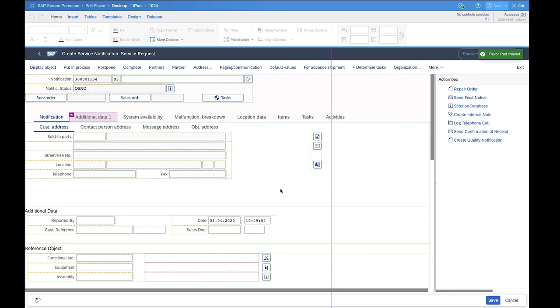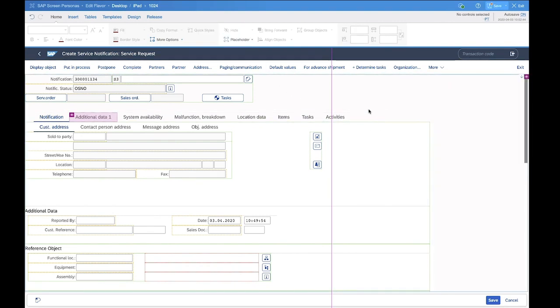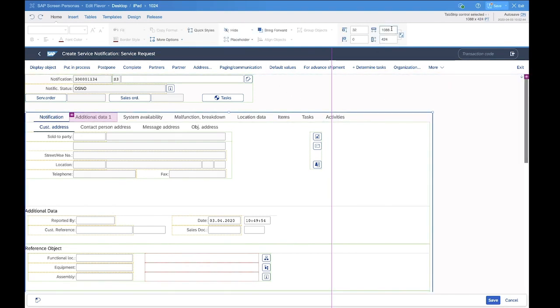And what you see now is that there is this vertical pink line, and everything beyond that line on the right will not be seen on an iPad, so the data will be cut off. So what she basically has to do is rearrange the data in such a way that it is not cut off. And as the service technicians on an iPad need less data,